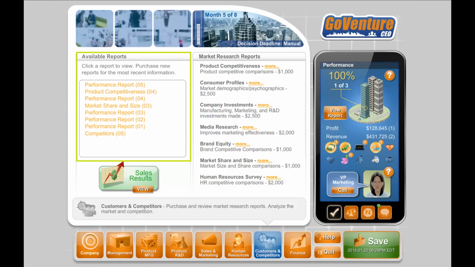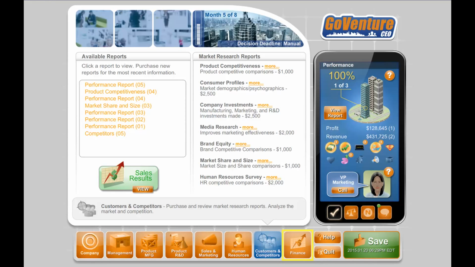Reports that are visible here will always be available to you for the remainder of the simulation. But, as the simulation advances each period, the data in some of the reports will become old. It may be useful to buy the report again to receive updated information. You can see the period in which a report was purchased next to the name of the report in brackets. This reminds you that the data in the report applies to a specific period, which may no longer be current.